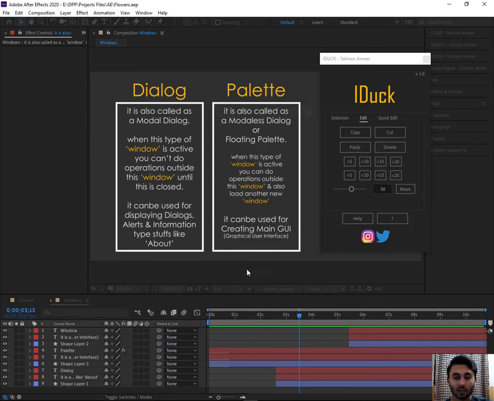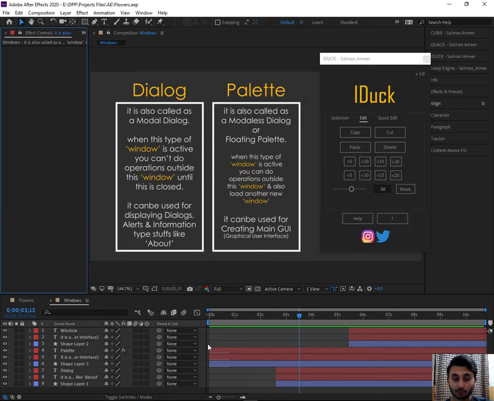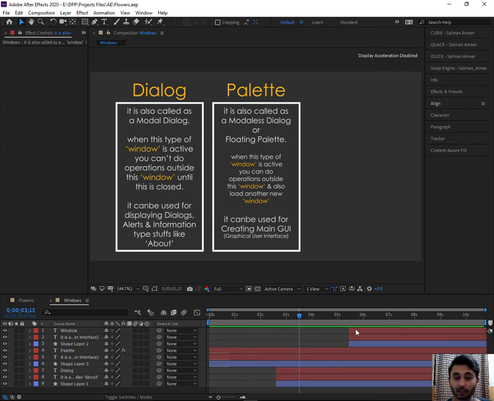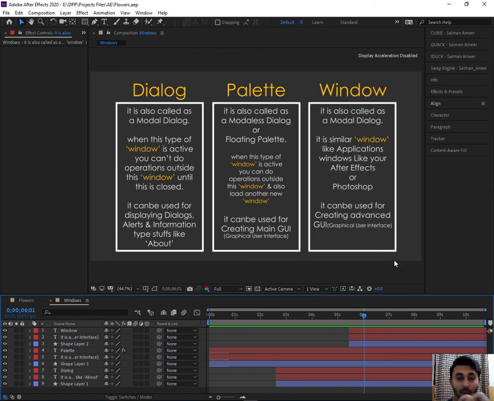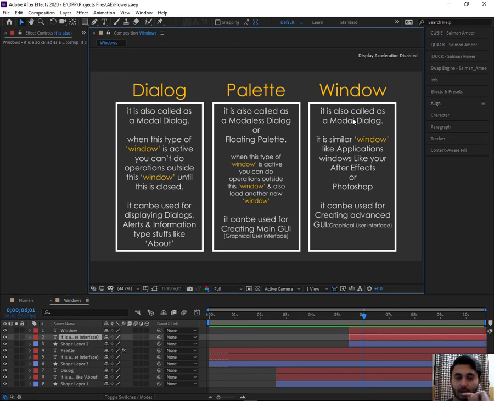So if I close this, I can do whatever I want. And you can use this for creating information like alerts, and because this is very colorful, you can add images or help or anything you want. Let me close this. And third, this is the second type of window, dialog, and in third we have the window type. Window is